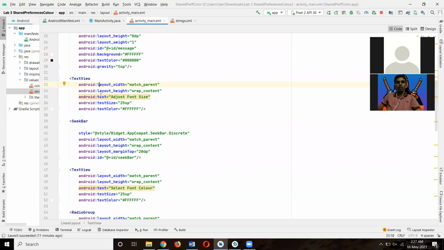Another text view: the text is "Adjust font size", the text size is 25 sp, and the text color is this code. For the seek bar, the style is style widget dot app component dot seek bar dot discrete, and the id for the seek bar is seek bar.